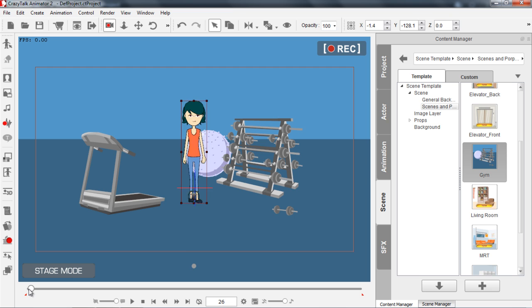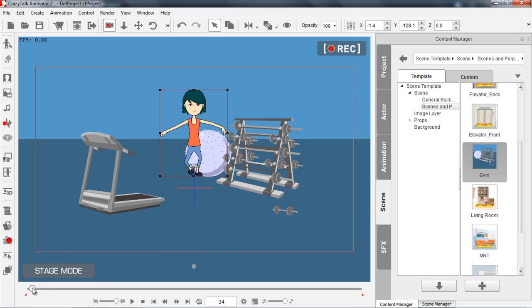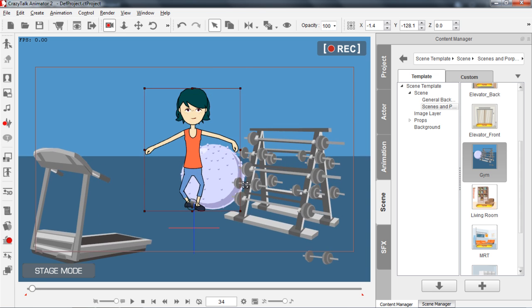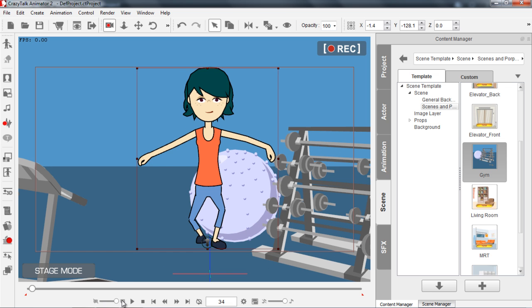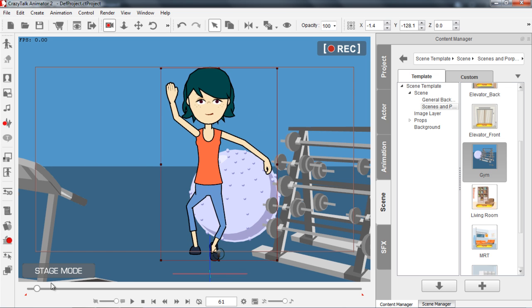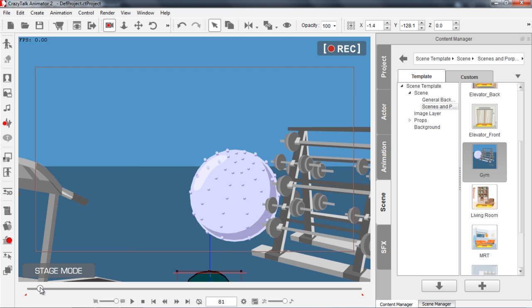At maybe about here, we want to move the camera a little bit forward, and that will add a keyframe. You can see I moved it slightly, and that'll add a keyframe there from where we could start our camera movement. And then here, where she's at the peak of her jump, we can do a quick zoom in on the character, and then she'll do her loop, and maybe about here we want to add another keyframe. Just a quick zoom out like that, and that'll add a keyframe in our camera track, and then where she lands,